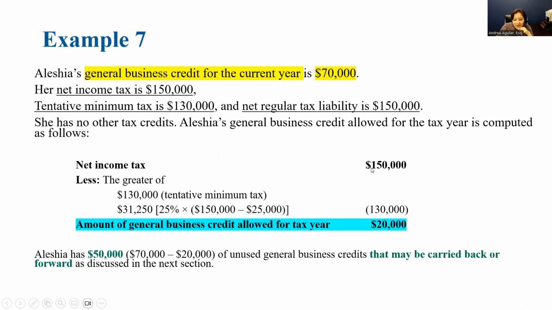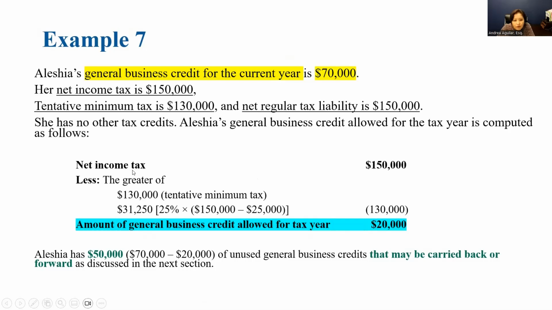Now, these taxes need to be considered whenever we're trying to understand what is the amount of general business credit that we are allowed to get for the tax year. So we start with one stand, the greater of the tentative minimum tax, or 25% of the net income tax minus $25,000. And if we calculate this, that would give us $31,250. So what is the greater amount? The greater amount is